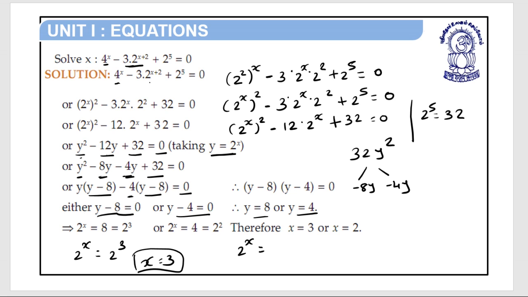Here 2 raised to x is equal to 4, which is equal to 2 square. So x is equal to 2. Therefore, x is equal to 3 or x is equal to 2. Next,